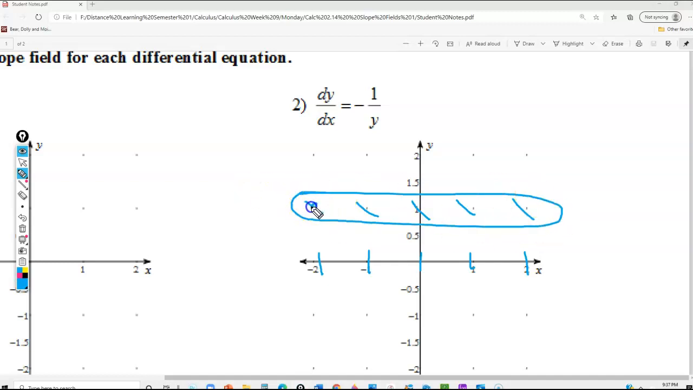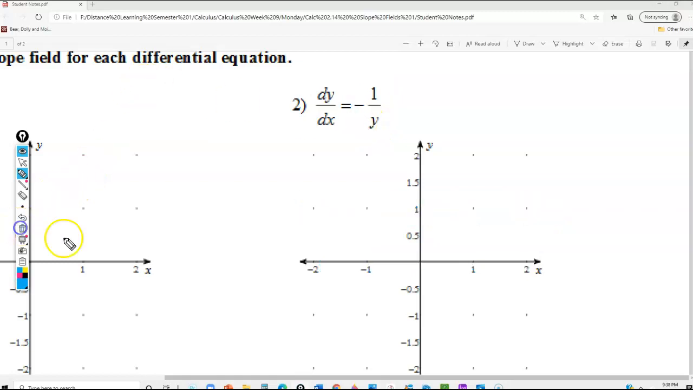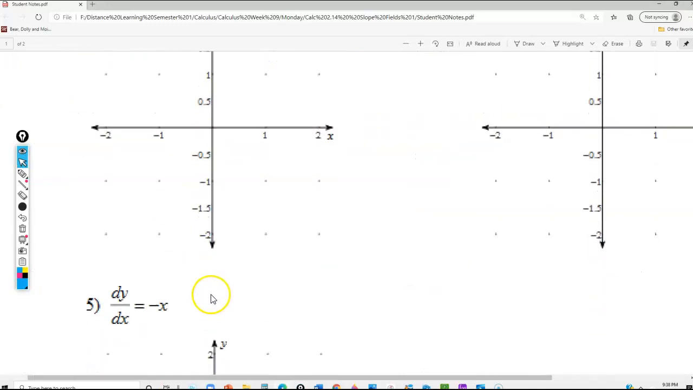Why is that the case? Well, let's look at all these points. What do all these points have in common? Well, they all have the same y value of 1. The only thing that's different about them is that they have different x values. But my differential equation doesn't even care about x. So whenever you have all the same slope in the same row, that means your differential equation has just a y value. And in the same way, whenever all your slopes are the same in the same column,